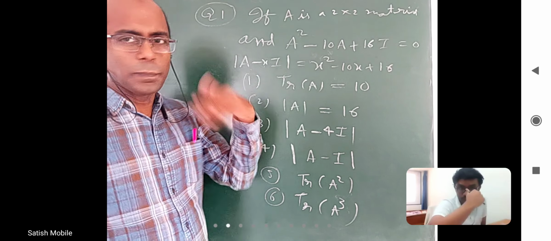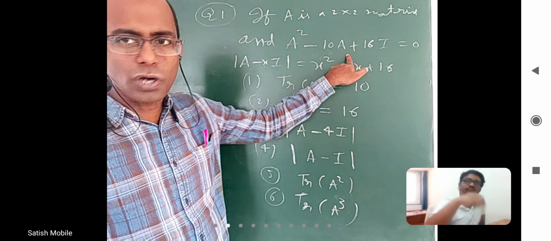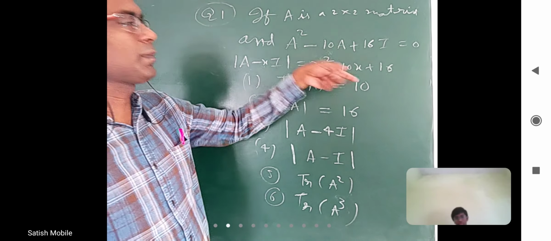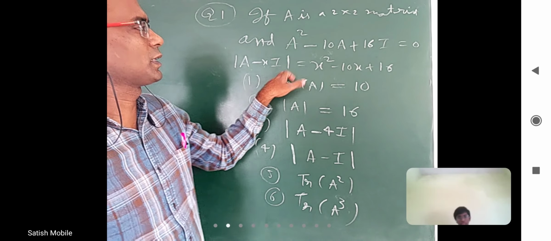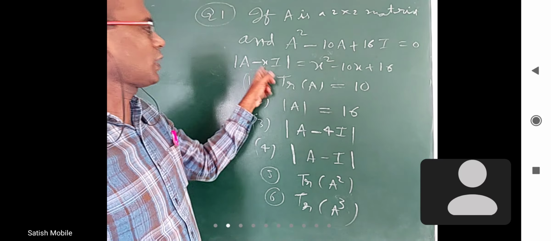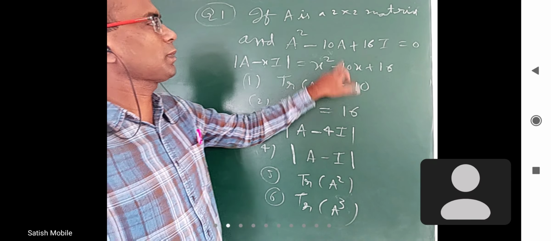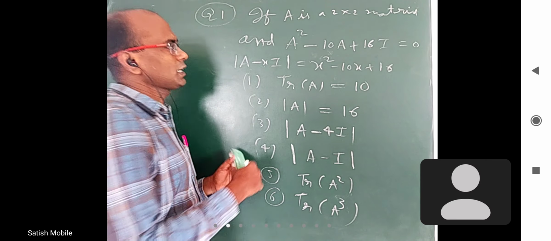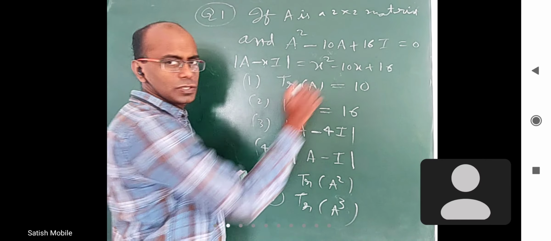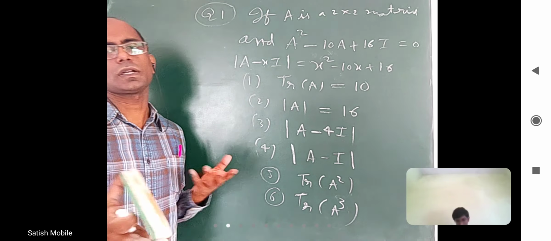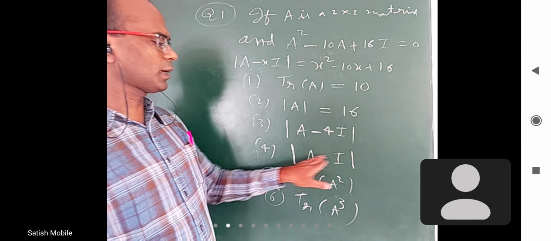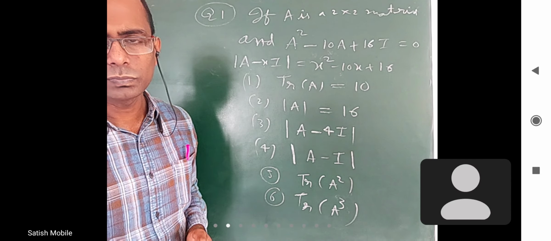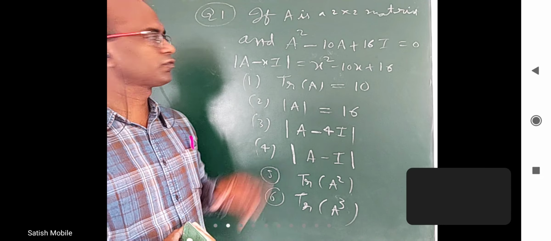Because in the previous two examples, first we got this, then we could conclude this. Am I right? Now I am doing reverse. Using this, I am telling det of A minus xI should be x square minus 10x plus 16, so that when I substitute x as A, I will get A square minus 10A plus 16I equal to 0. Is everybody clear? Once that is written, A minus 4I, A minus I, A minus 100I, anything you can tell. From here to here, what you should do? Put x equal to 4. You will get this answer.